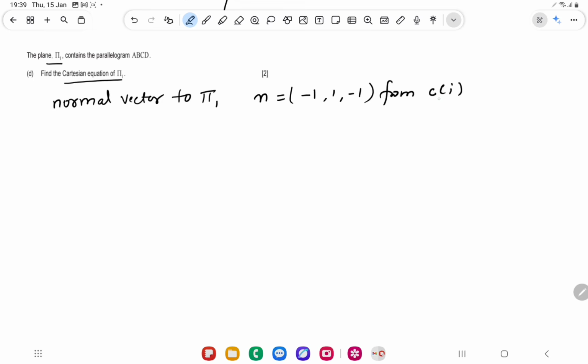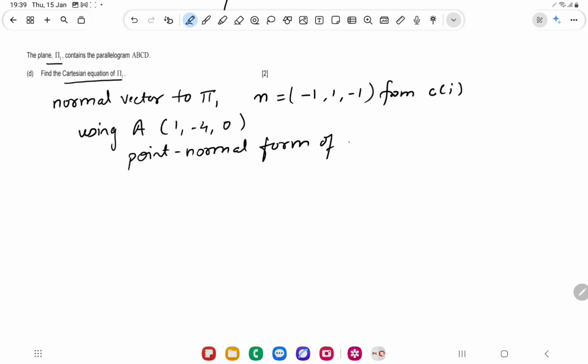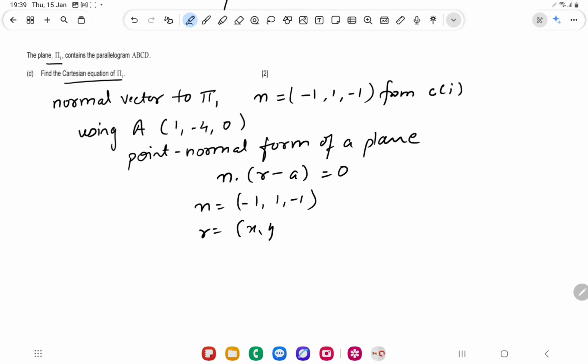From C part 1 we just found out. Now we will be using point A coordinate as 1, minus 4 and 0, and we will be using the point normal form of a plane. So what is the point normal form of a plane? n dot (r minus a) is equal to 0, where n is nothing but the normal, r will be x, y, z, since we have to write in Cartesian equation, and